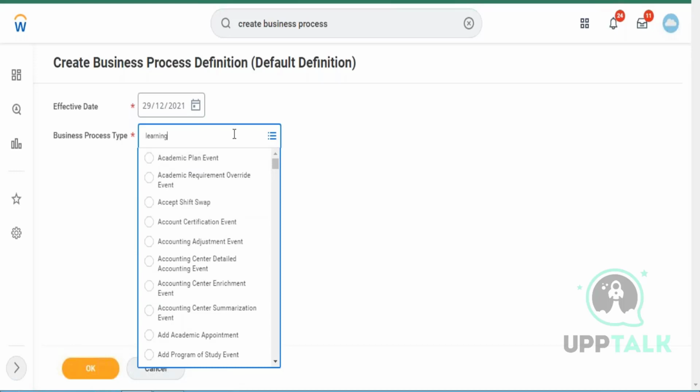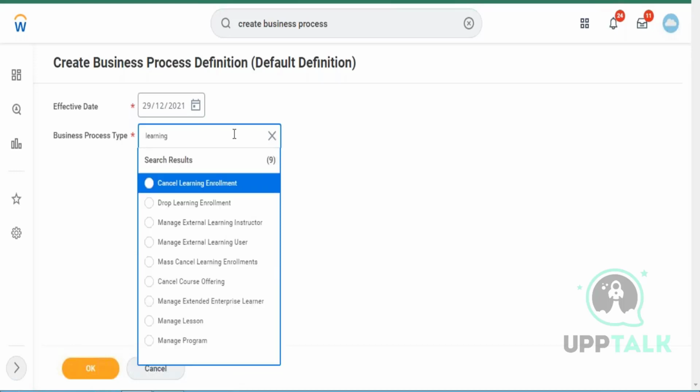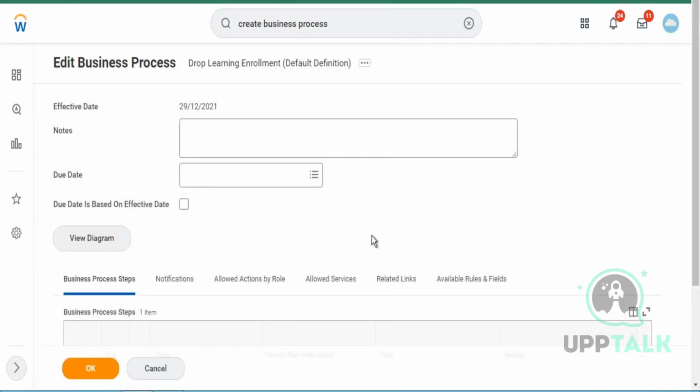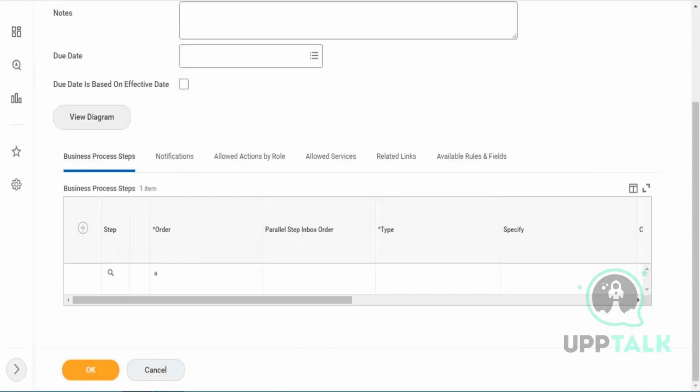Most learning related, everything would have already been set up. So let's say manage lesson is a kind of business process. There are a lot of other business processes which would have already been created, but these are the remaining business processes in this tenant which are not created related to learning. So if I wanted to select this business process, drop learning enrollment, this is the business process, and if I click on OK, this business process is created now